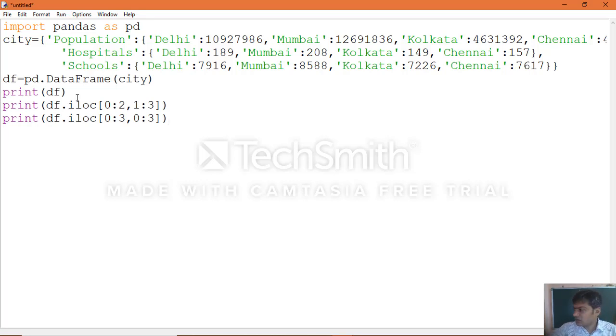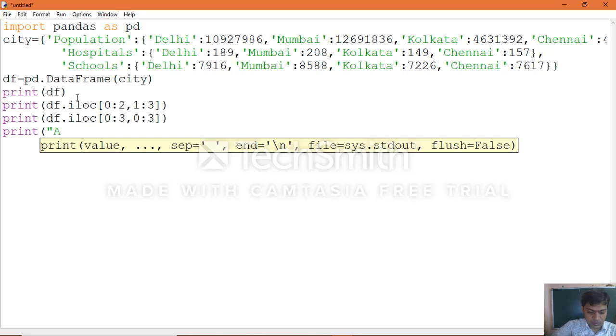In the same manner, if you want to access individual values, print individual values.